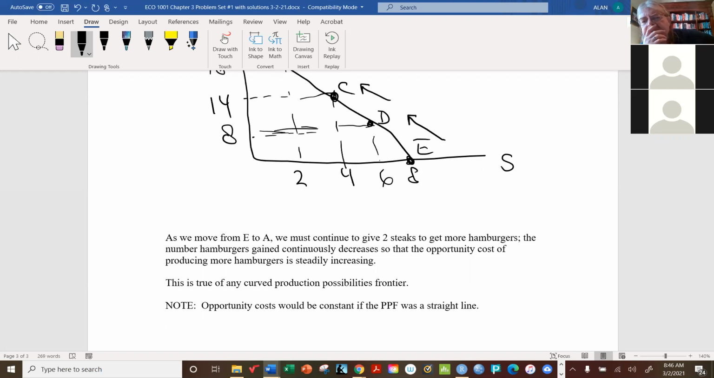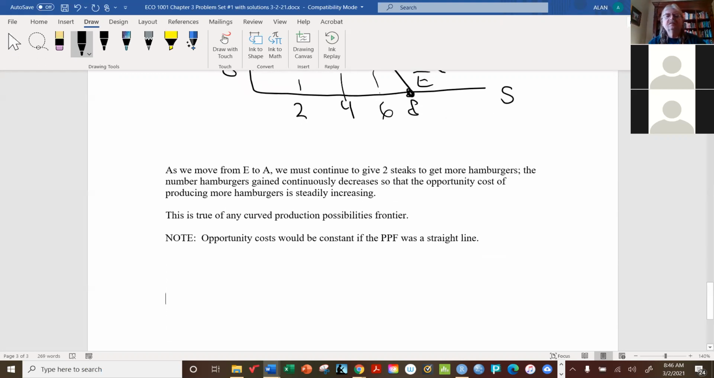But in some cases, let me show you a case where you would have a straight line. And by the way, none of this was asked for in the problem set. I'm just throwing this in there for your benefit. The question never said, show me what happens with a straight line, but I want to do it anyway, because I think this one will make a lot of sense to you. Example of a straight line